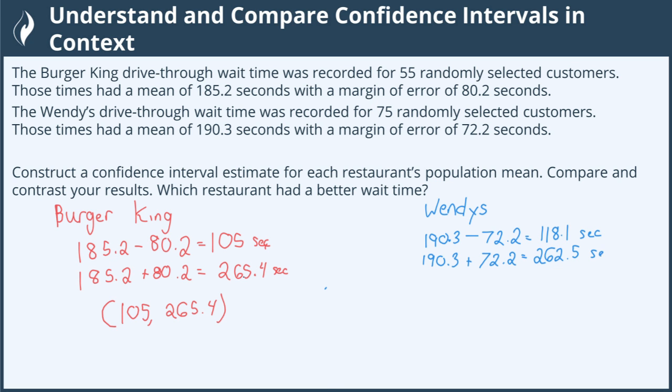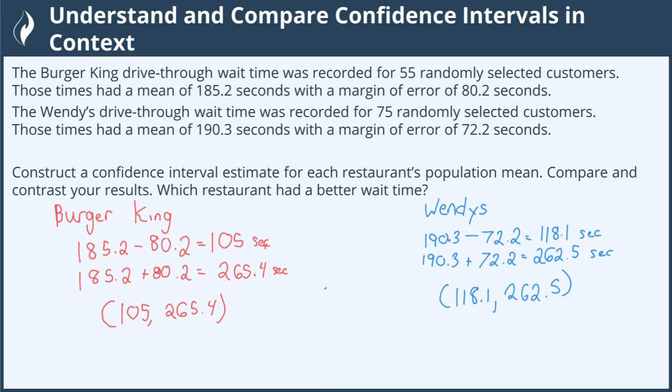262.5 seconds. This creates an interval of 118.1 seconds to 262.5 seconds. You may notice that these intervals are actually very similar. While Burger King does have a slightly lower endpoint, the upper endpoints are fairly similar, within about 3